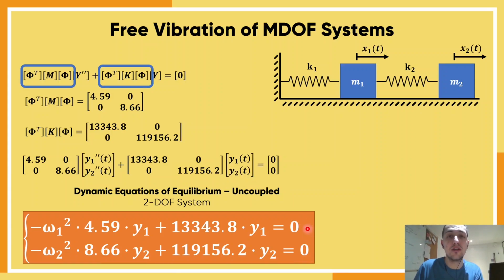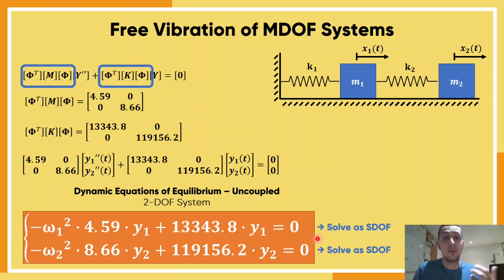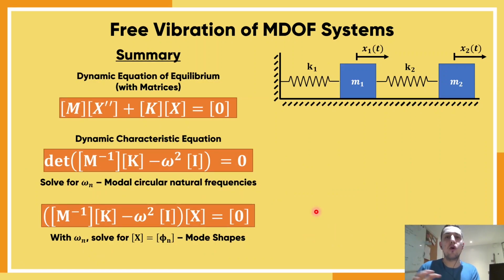If we have two equations, both of them depending only on one variable, then we can solve them as single degree of freedom. And we can now finally solve our system. And at the end, we can just recombine it using the modal superposition that we discussed in the beginning. So in summary, from all of these videos that we've been discussing, we started by introducing the dynamic equations of equilibrium just based on equilibrium of the masses. And we understood that we can't solve it because the motions of the masses are coupled. And we started talking about modal circular natural frequencies and using this equation to find